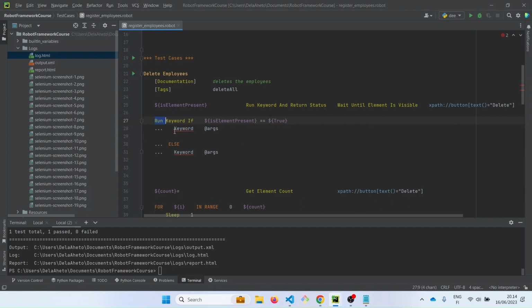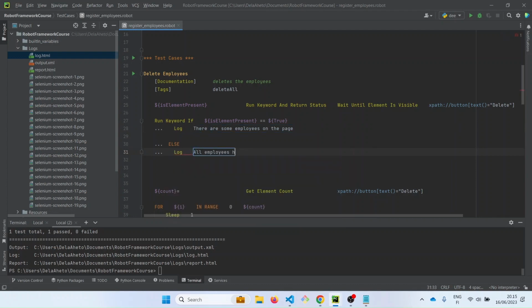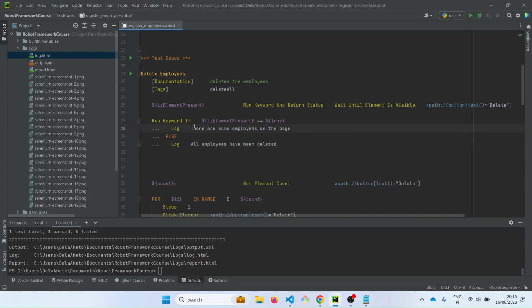So run, let's put something here, log some employees on the page, else log all employees have been deleted. So we are telling it that if this is element present is true, meaning if there are any employees left on the page, then let's log this keyword, the log keyword. There are some employees on the page, else log all employees have been deleted, meaning this is going to run